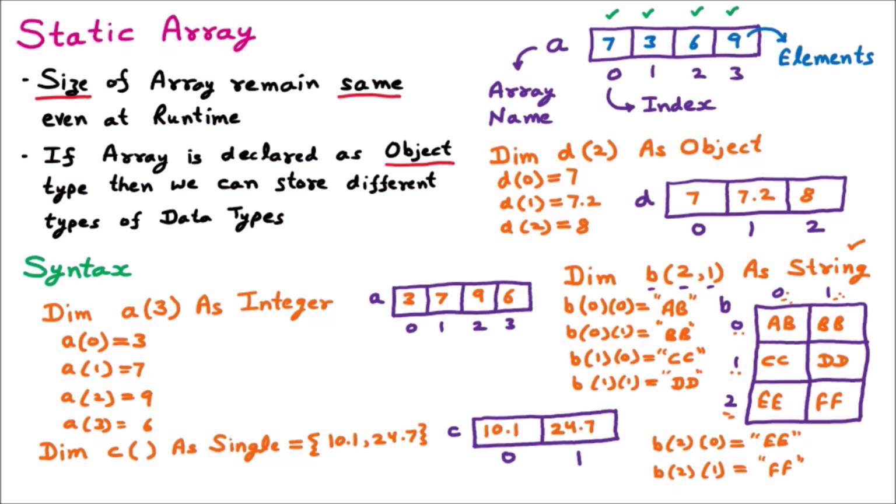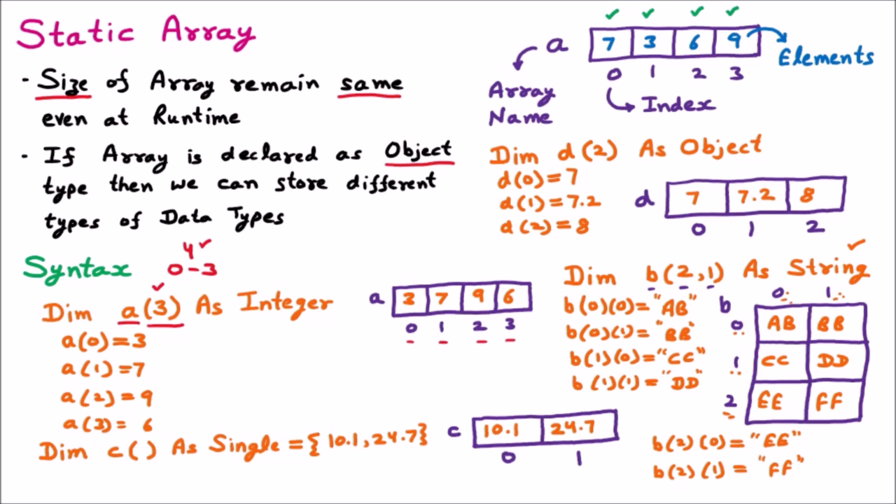Now the first method of creating the static array is you define its size. That is the name of the array and in the brackets the size. Let's say suppose 3. So if it is 3, it will go from 0 till 3. That means it can store 4 elements. It is not like C programming that will go from 0 to 2. No, it will go from 0 to the value you have placed, and it will have one more than the value which you have mentioned. So here you have mentioned 3, so here 4 places it has reserved, that is 0, 1, 2 and 3.